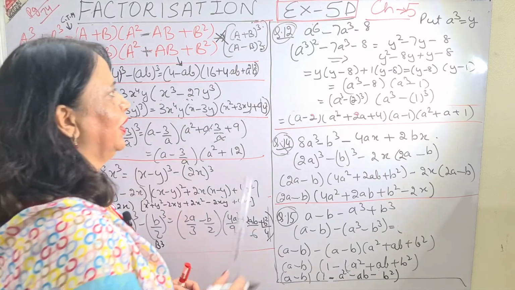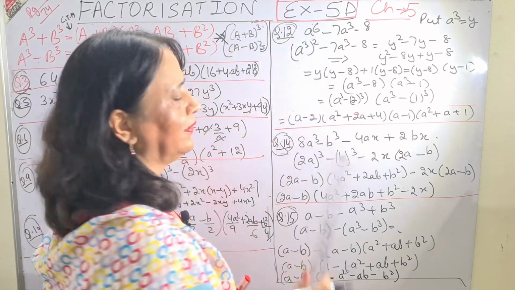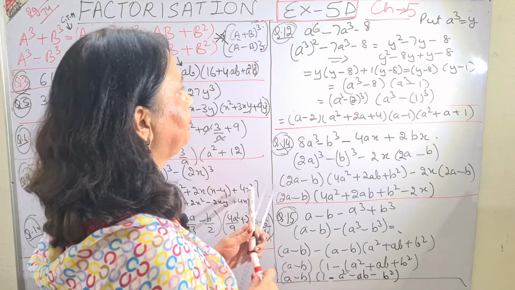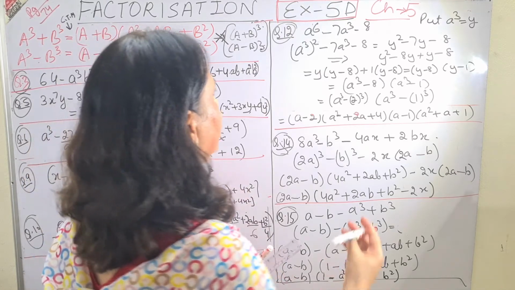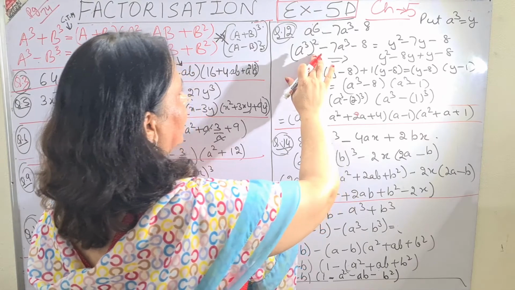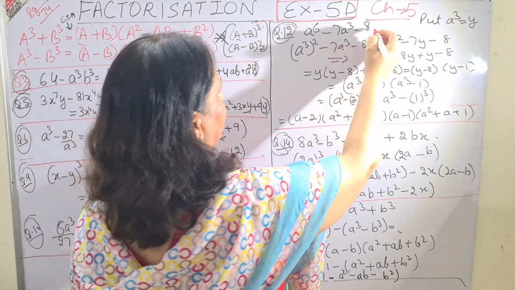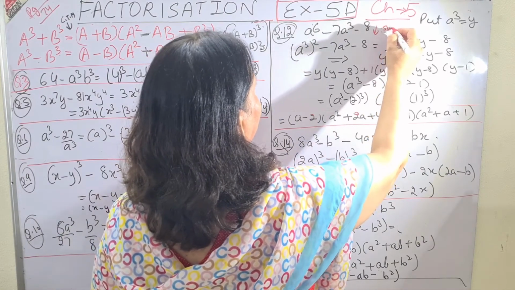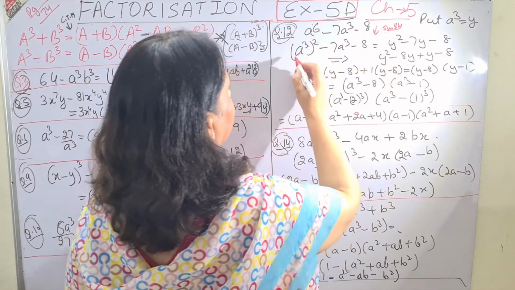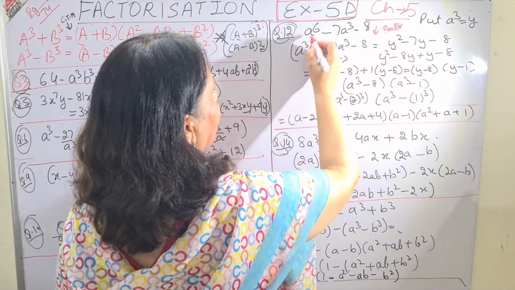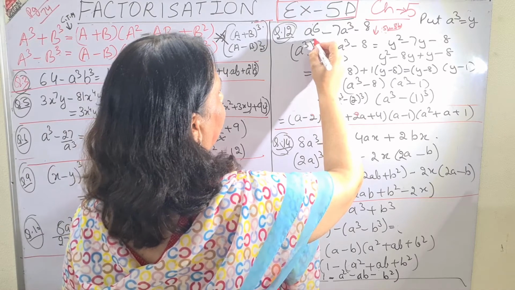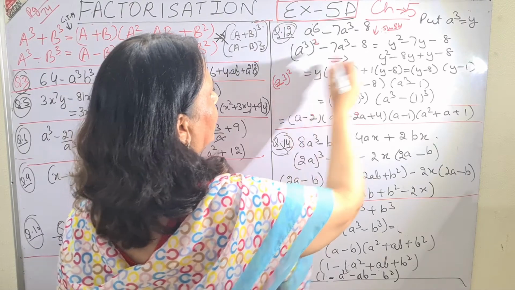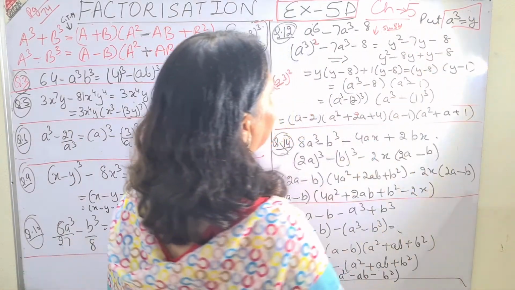Then coming to question number 12, there is a little technique in this question. Otherwise everything is the same. You have done it. In this question I am going to substitute, so that I get a change to a quadratic formula. Quadratic formula you must be knowing right now, or the sums which we did in exercise 5b, sum and product. So see what I did. I put a⁶ as (a³)², and I substitute a³ to be y, and the rest of the question is very easy.